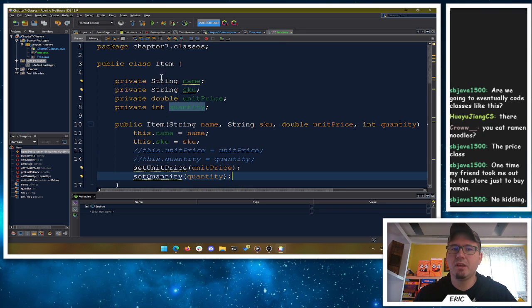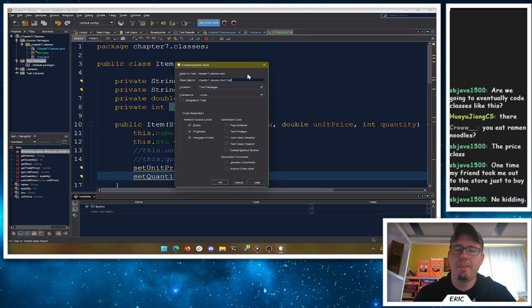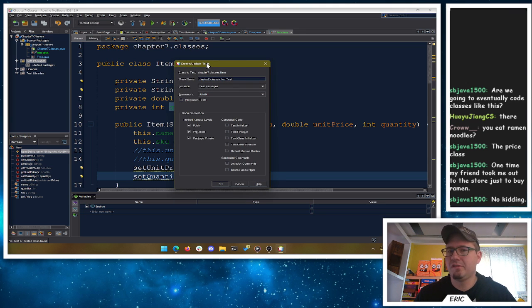So I'm going to come to my class here. I'm going to right click on the class and say navigate, go to test. And it says, hey, do you want to create or update some tests? Yes, we want to create some tests. Now, because we're using Java with Ant, we need to make sure in this framework option, we pick JUnit 4. The later version of JUnit doesn't work with Java with Ant for reasons. It's not a big deal, so we'll use JUnit 4. So make sure you pick JUnit 4. Don't check any of the boxes over here on the right, and having these 3 boxes on the left is fine. So pretty much the defaults, but make sure we pick JUnit 4. That one's definitely important. Okay, and we'll say okay.